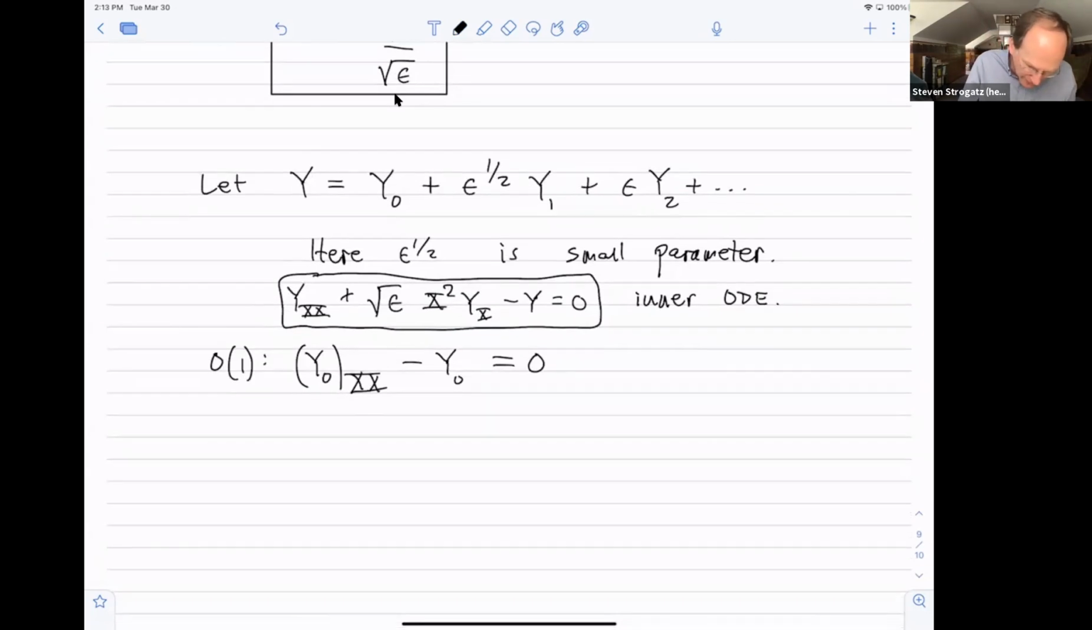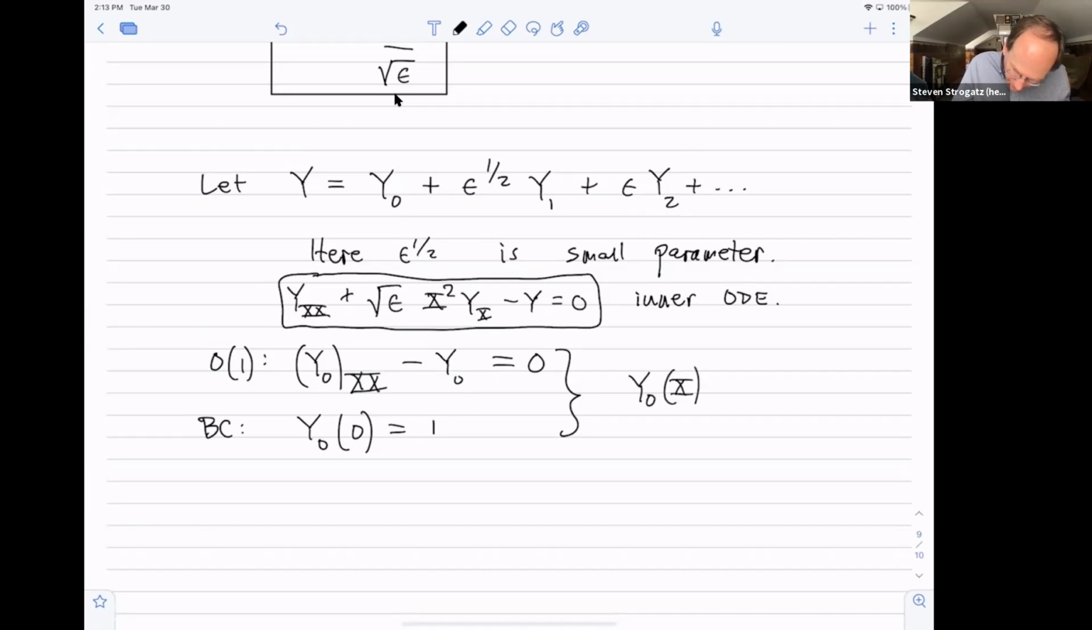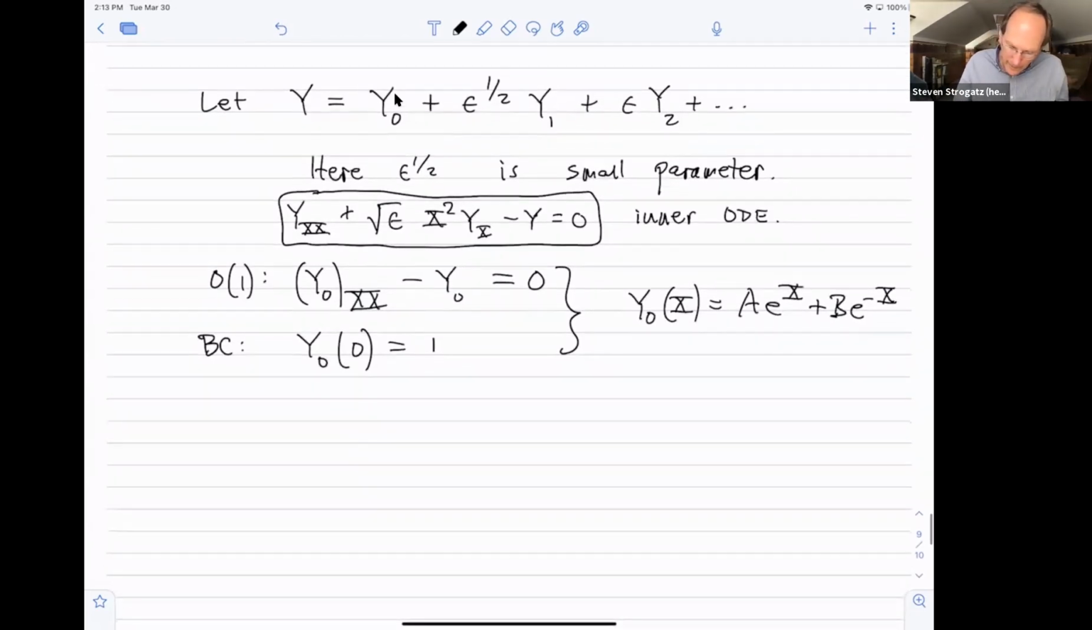And I've got a boundary condition on it, which is that, remember, we decided there's a boundary layer at 0. So I impose that, I'm in the layer now, so I impose that boundary condition. Y0 of 0 is 1 was the condition. So solving all of this, you get y0 of capital X is a e to the big X plus b e to the minus big X. And that's kind of interesting